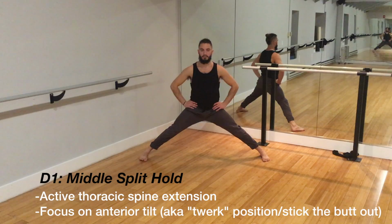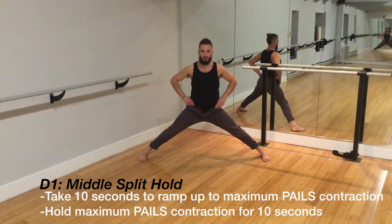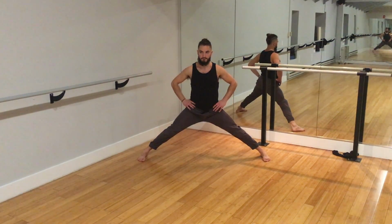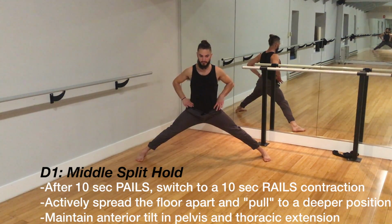We are actually working on spinal extension here. So one, it's a controlled twerk butt, you can think of it that way, or anterior pelvic tilt, and also a bit of thoracic extension. After you've found that position, you're going to ramp up for 10 seconds, squeezing or pinching the floor. After 10 seconds, creating the rails contraction of spreading the floor apart and actively pulling yourself into a deeper position